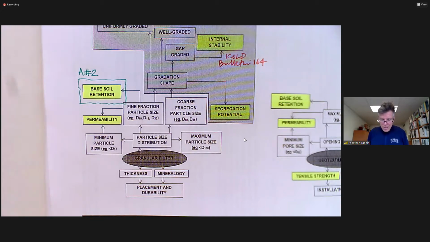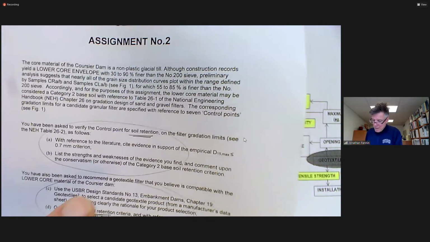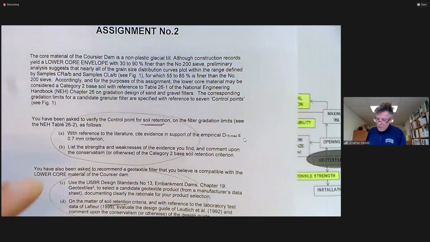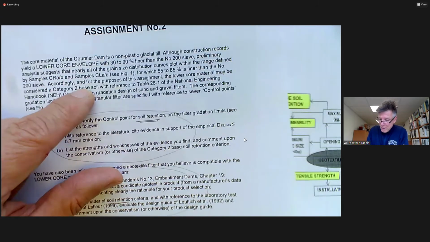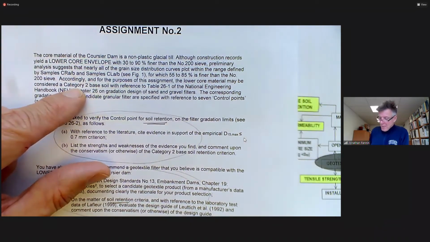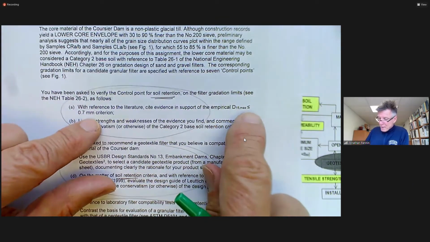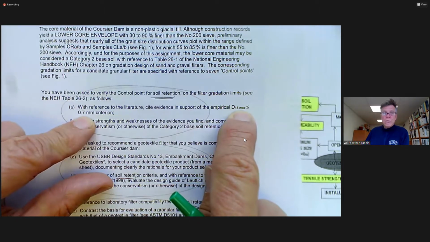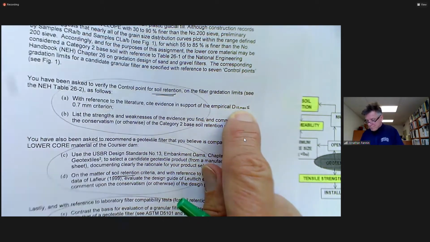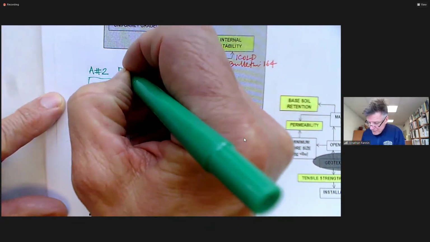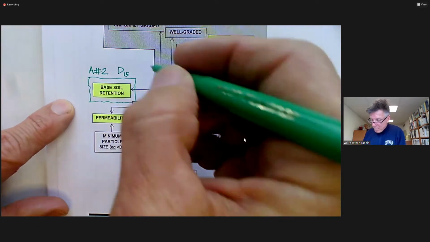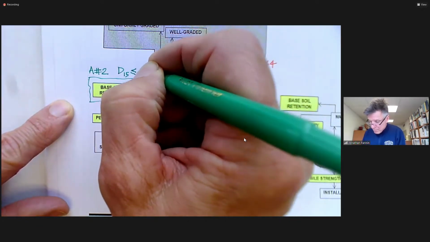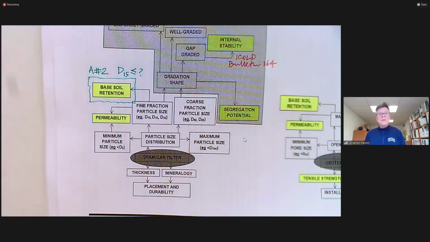And it transpires that for the assignment, the categorization that you treat the core of the Curzio Dam is a category 2 base soil, and that category 2 base soil yields an empirical rule for soil retention. D15 of the filter must be less than or equal to some value, 0.7 of a millimeter,